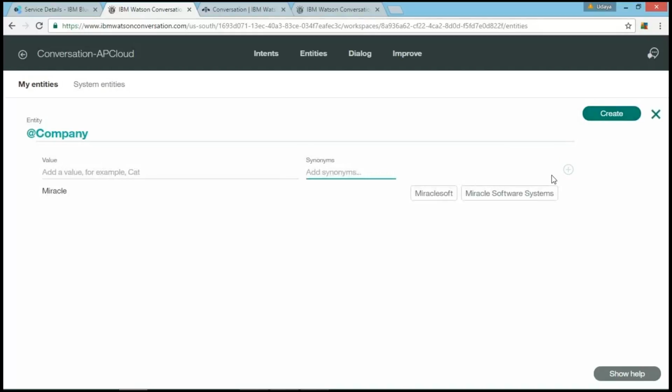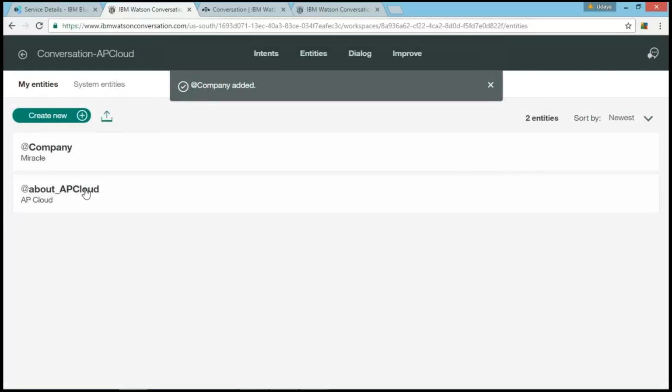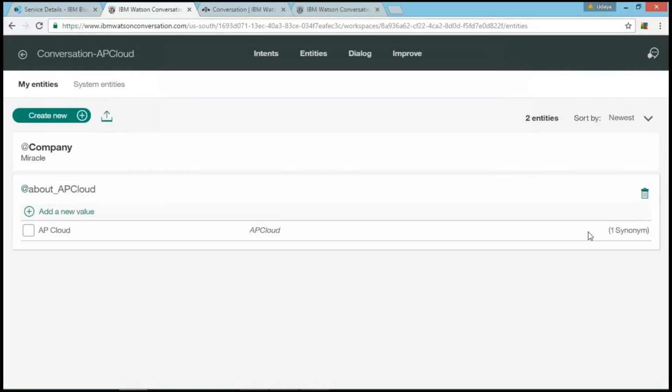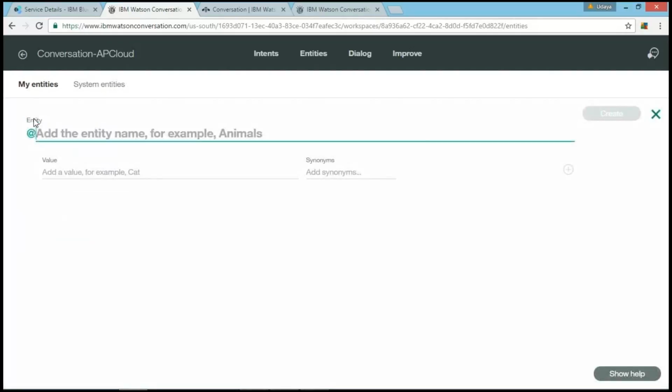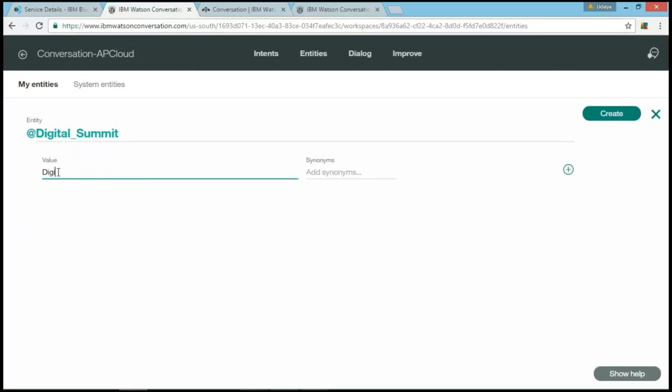If you want to add more synonyms, you can add here. If you want to add more, you can add them after creating, and if you want, you can delete them. Again, I'm creating a new entity. Digital underscore. People might enter digital commerce. They might also say only the